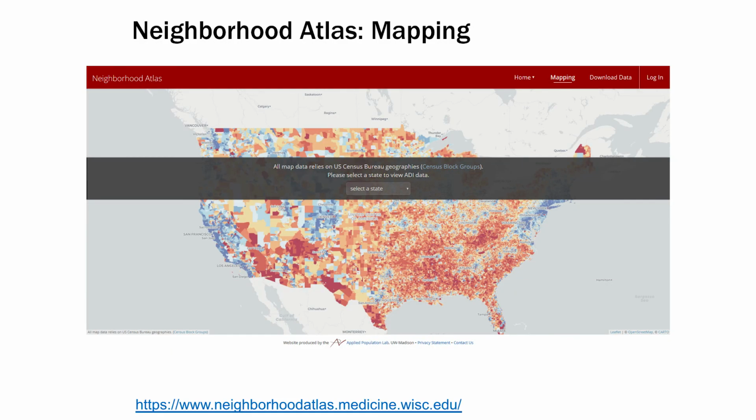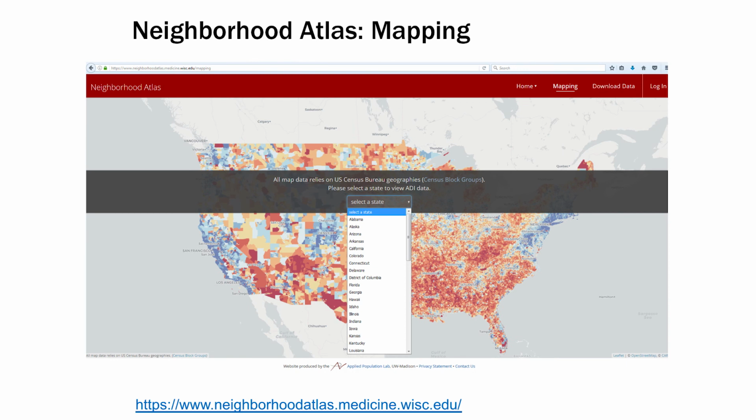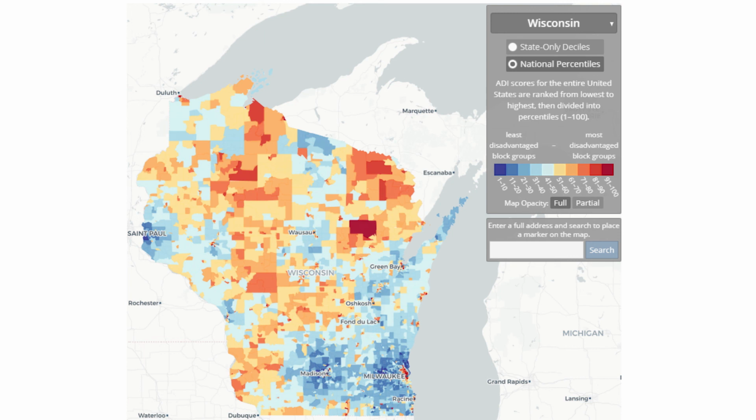So when you get to the mapping component, you get to a site that looks something like this. You'll select a state, and then you zoom in. And this is completely interactive. You can hover over the different categories, and they will highlight on the map. You can zoom in, so if you have experience with Google Maps, you would be able to zoom in and